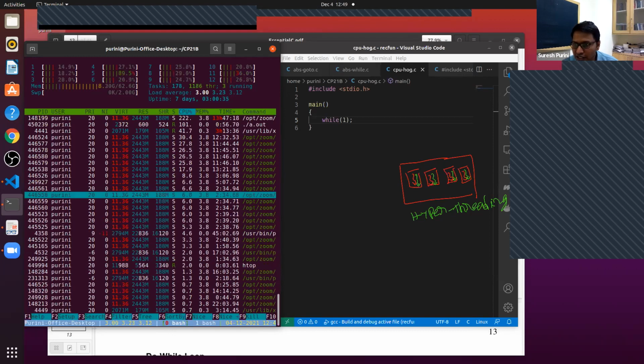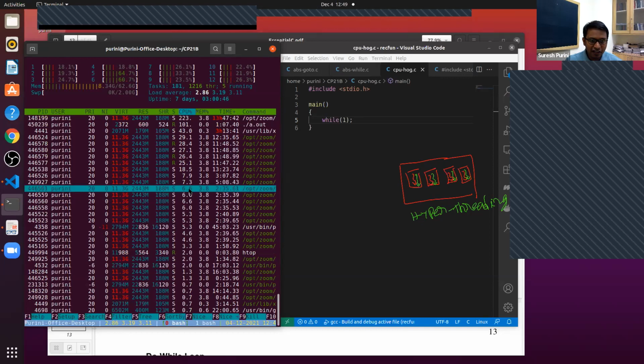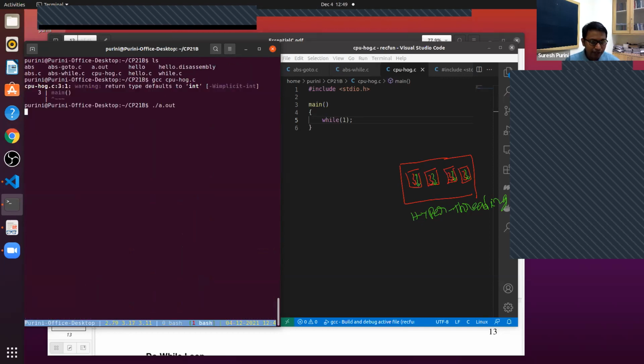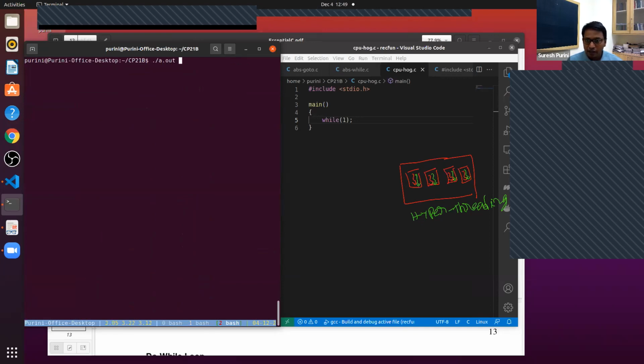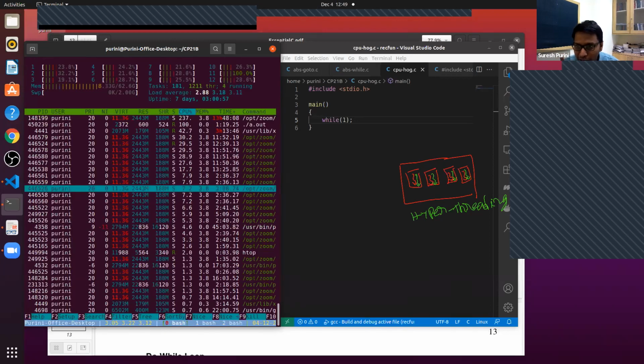Are you able to see? I have 6 cores and 12 with hyper-threading. If you are not able to see, I will make it more fun. I am running one more instance of my program. Now pay attention, guys. Just follow what I am doing first. Right now you will see there is one core which is busy, and that busy core is changing between 1 to 12.